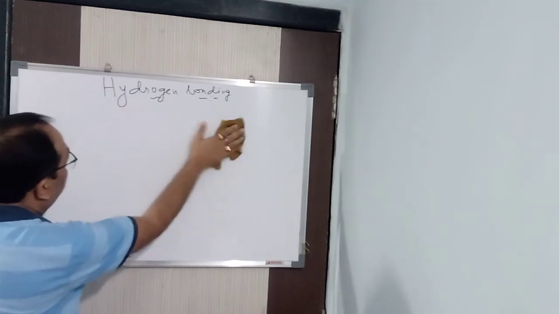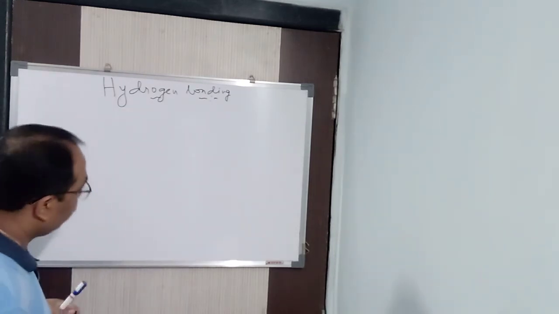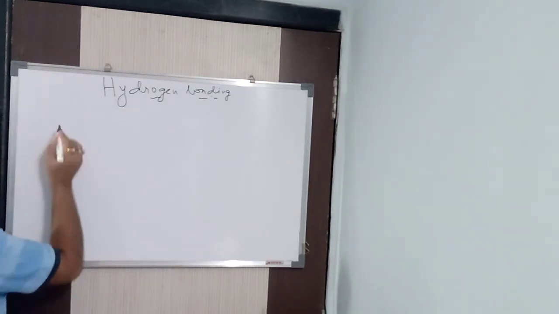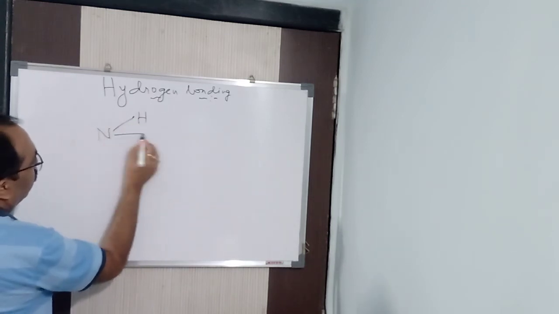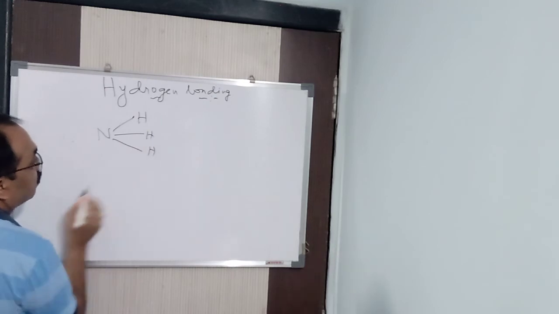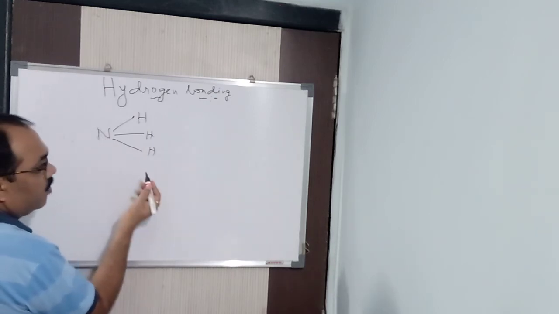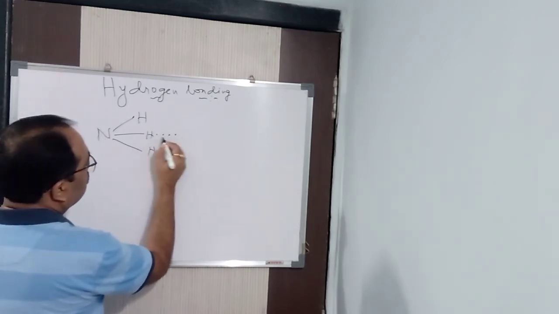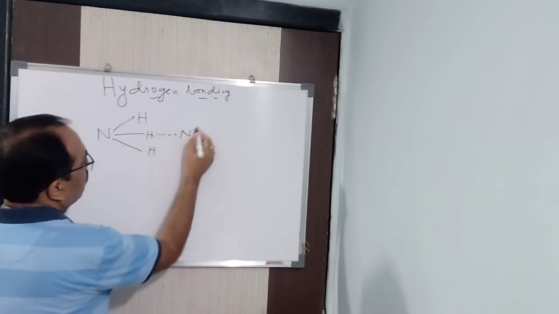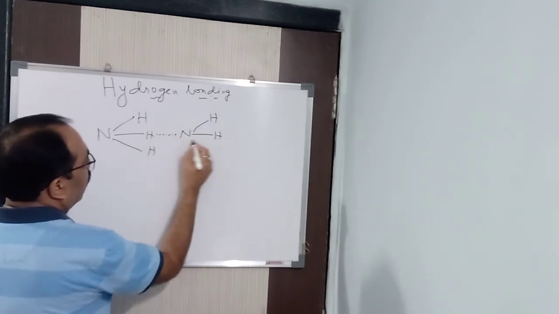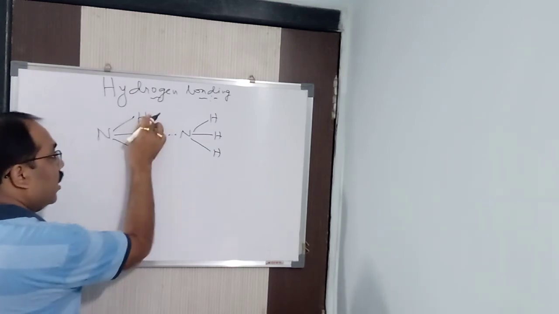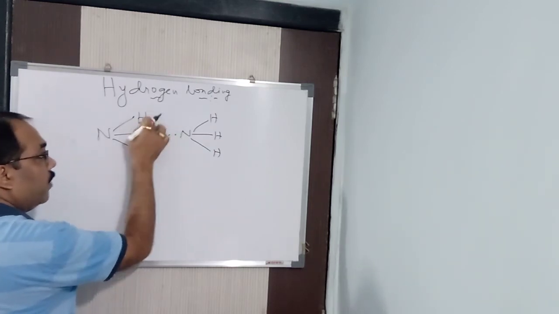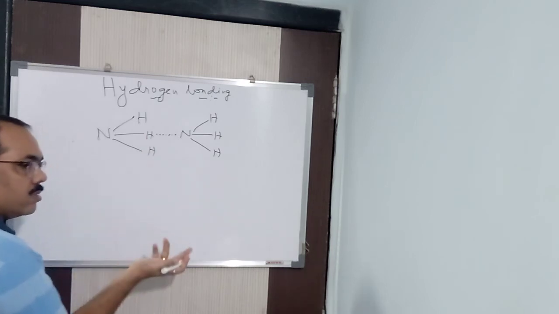So intermolecular hydrogen bond takes place in this way, HF and HF. For example, between ammonia and ammonia. See here, ammonia is pyramidal. So this is one ammonia molecule. Similarly, there is another ammonia molecule which is attached to it by intermolecular hydrogen bond. You will say here it is not there. Of course, here it will be there. Here also it will be there, another ammonia molecule by intermolecular hydrogen bond in this way.